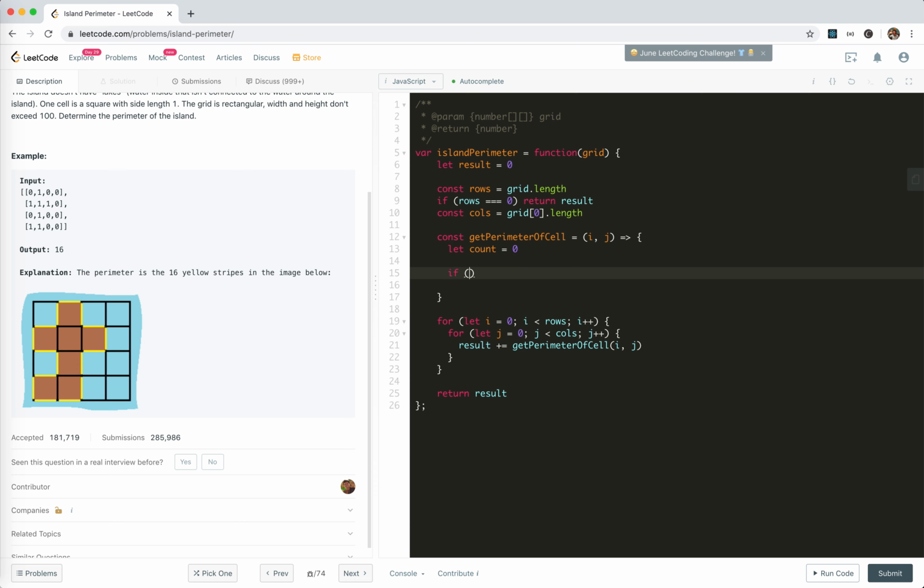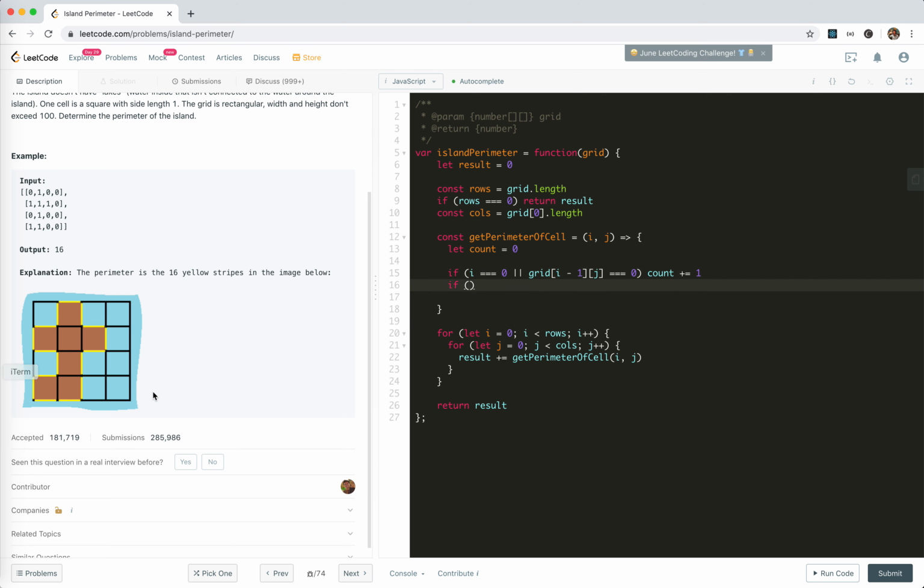So if i equals 0, or grid[i-1][j] equals 0, count plus 1. Now we will do the same for all the others. Let's see the bottom. So if i equals rows.length minus 1, or grid[i+1][j] equals 0,